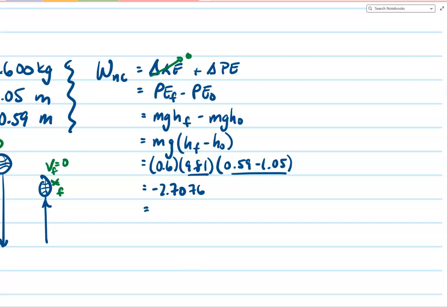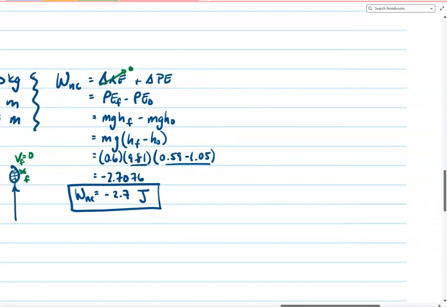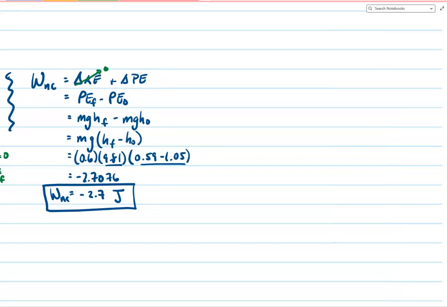2.7076. And with significant figures, we would call that negative 2.7. And the unit ends up being joules. So we have lost 2.7 joules of potential energy, and that loss of energy is accounted for by the non-conservative forces that have done work on the basketball. So the energy of the ball that was transferred into sound or maybe heat at impact, you name it, any energy that was lost from the potential sense but got transferred into something else, this is the total amount that